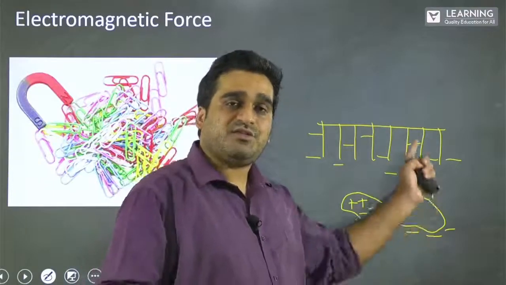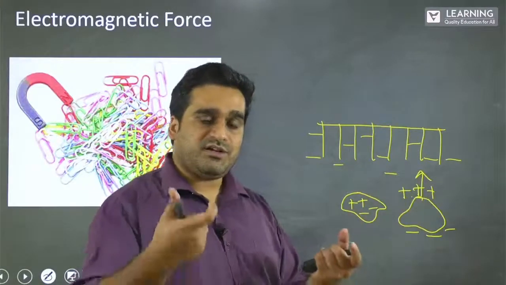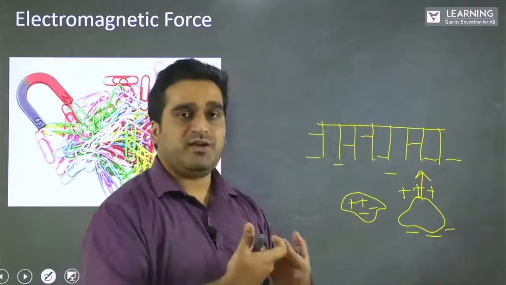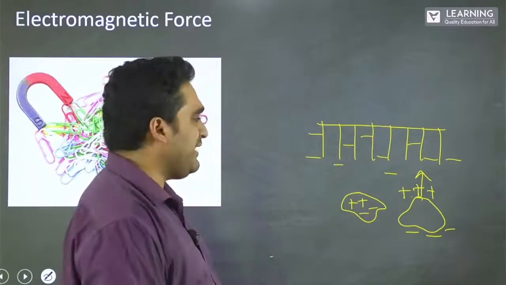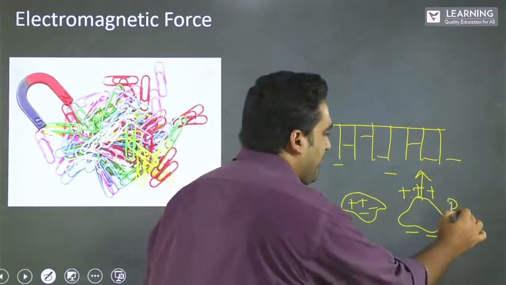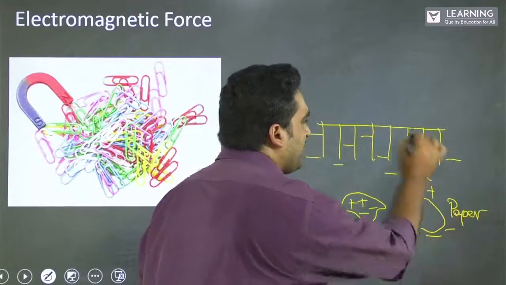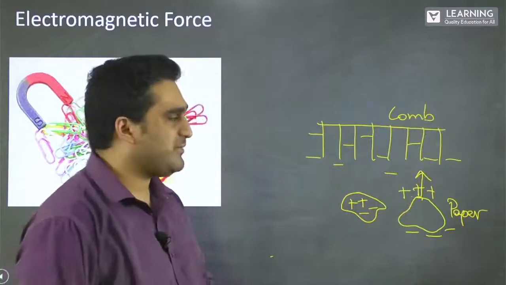So there's a force acting due to these charges. When you have a negative charge and a positive charge, they come together because there's a force applied on each other. This is why you see paper getting attracted to a comb, hairbrush,